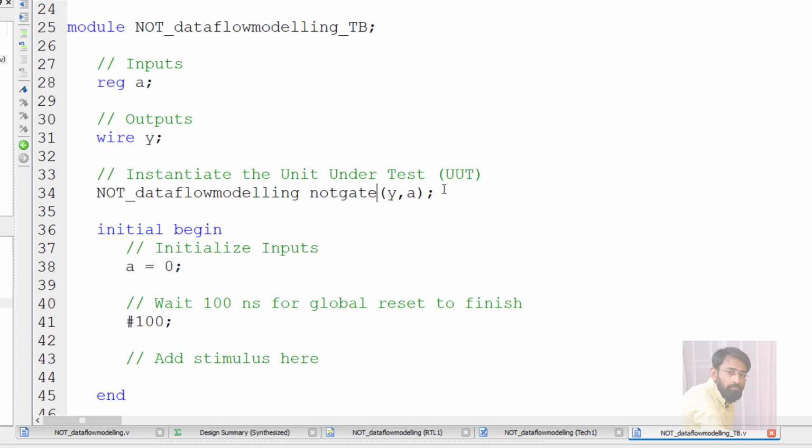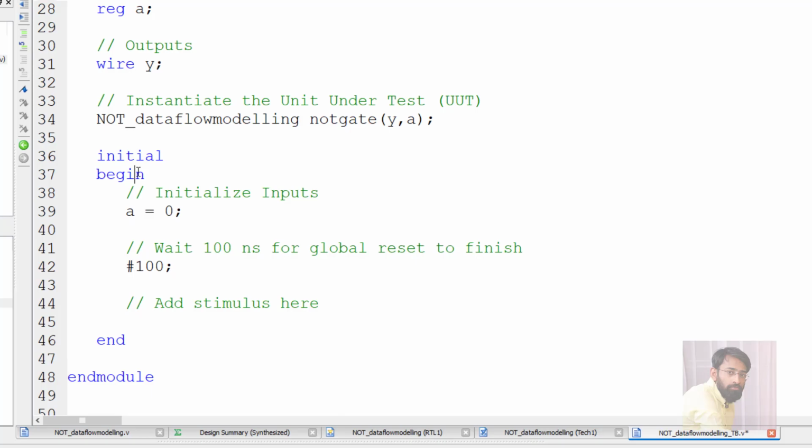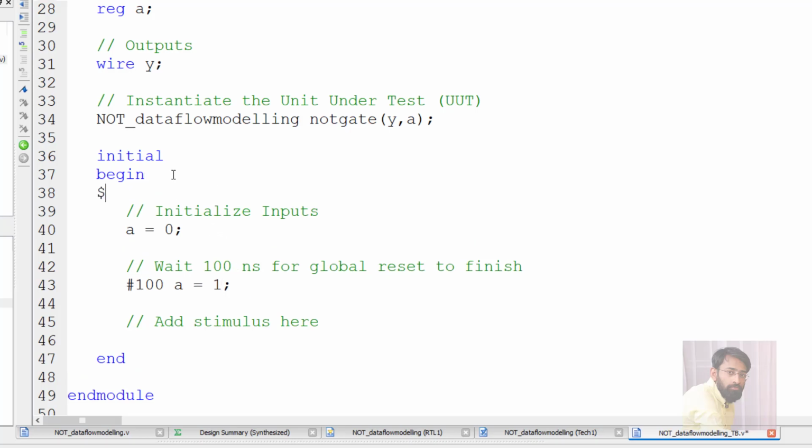NOT gate. Next, after initial, begin and end will be there. Between this you have to give the test vectors. The first test vector is a is equal to 0. After 100 nanoseconds of delay, a will be 1. If you want to view the result in the console window, add a $monitor statement. $monitor will monitor the continuous changes in the variables.